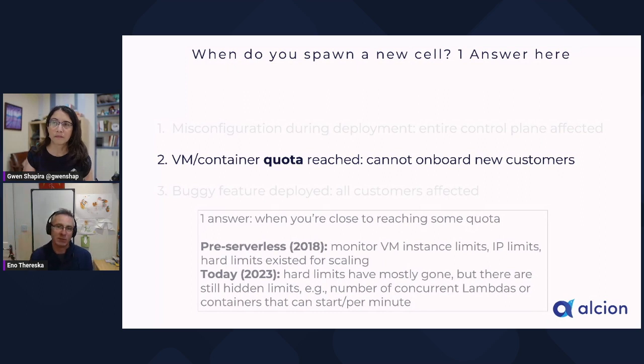So this might be a boring reason to start a cell, but it's a very valid one, where you just reach one of these quotas. And this actually talks to the way you are mapping cell to an account, because when we talked to AWS and said, hey, we just ran out of the number of roles we can have, they said, well, you should use another account. So this is a really good mapping. Yes.